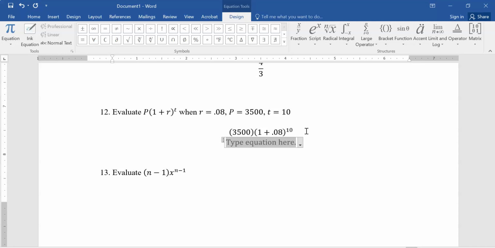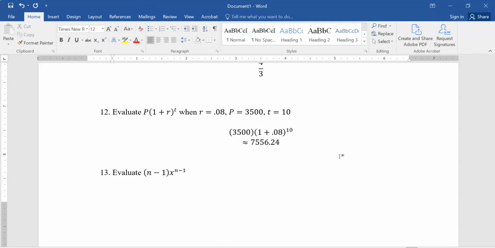All right, we've seen that before. Now you're going to have to round it because it doesn't have a nice fraction dealing with it, but it's about 7,556.24. Okay, rounding to 2 decimal places. All right, let's do this last